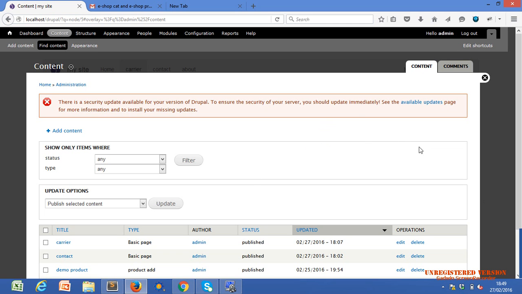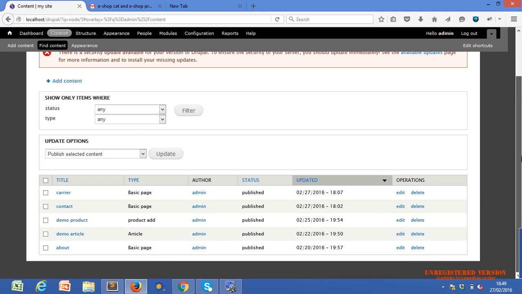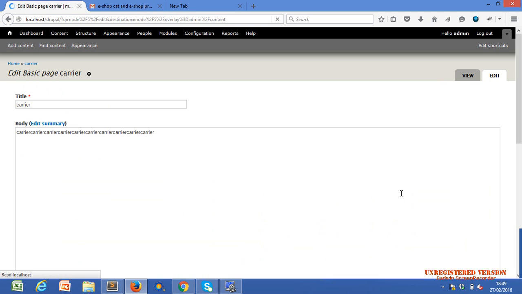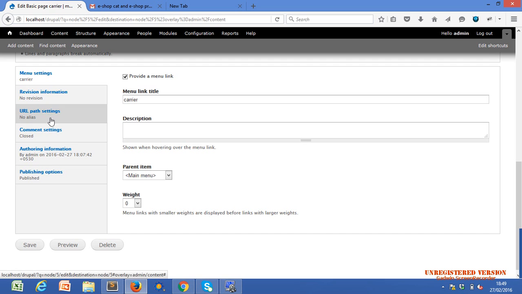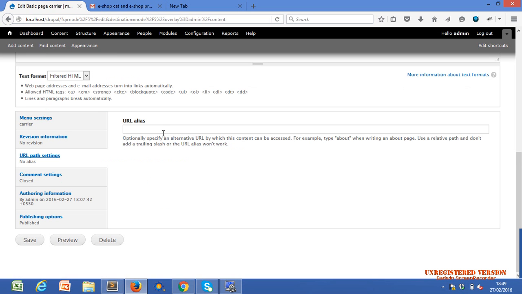Okay. What we have are these custom created pages. Now you can edit this page. If it is carrier, you can edit the carrier. In the settings at the bottom there is URL path settings, URL alias. You can give the alias there for this page. Save it.